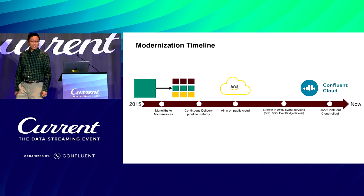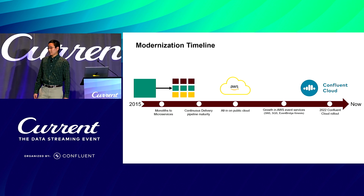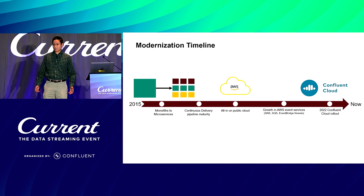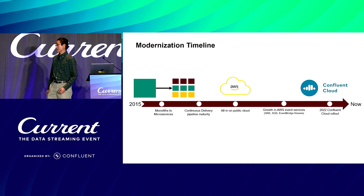Thank you, Matt. Let's set the context on how Vanguard started using Confluent Cloud and our Kafka journey. As recently as a decade ago, many of Vanguard's applications were monolith applications running in our on-premise data center, as Matt mentioned. Many of these applications made up our largest websites and often had monthly or even quarterly release cycles. So Vanguard IT's modernization journey really started around 2015 when we adopted a couple of significant cultural changes,